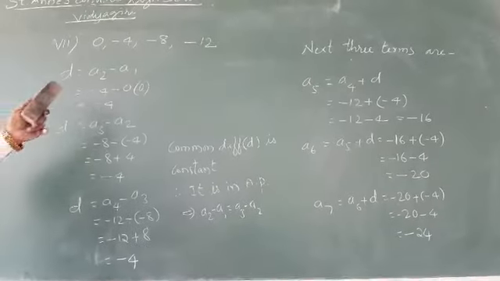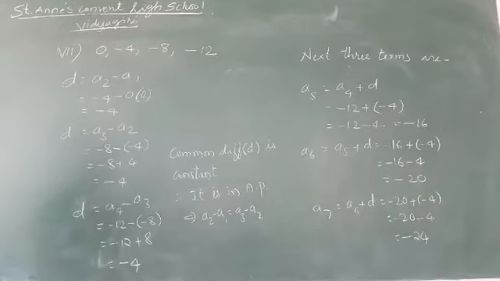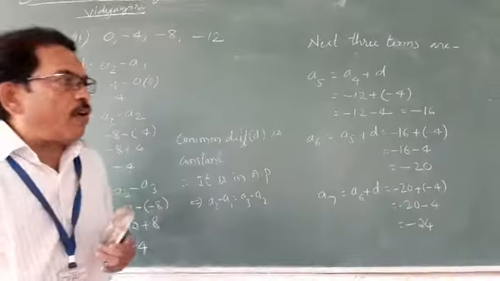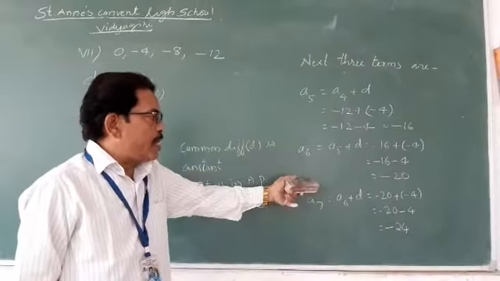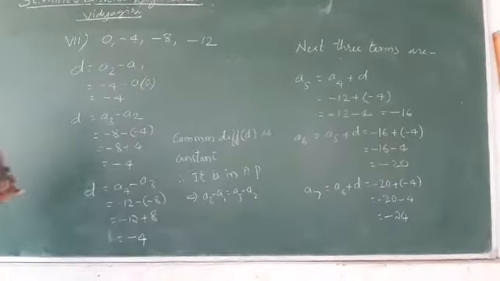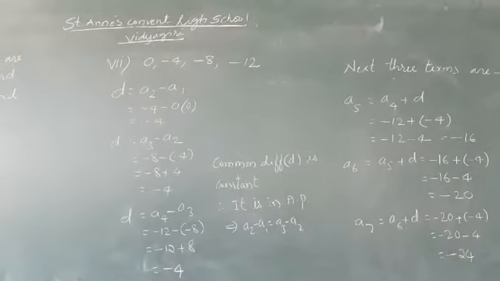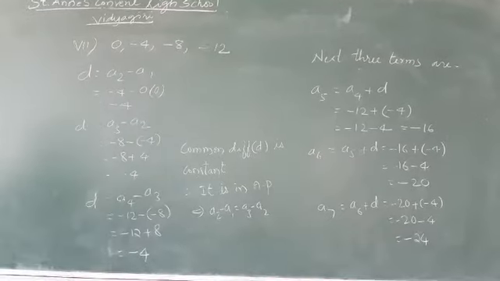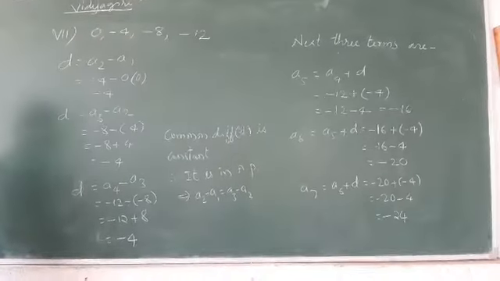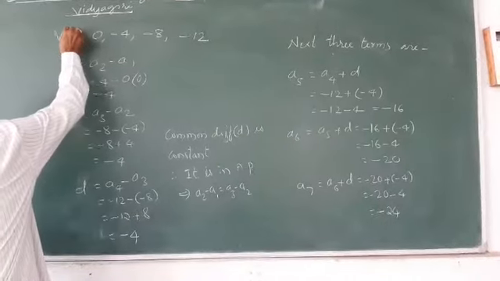Okay, now we have solved 4 problems related to finding the next terms of an arithmetic progression. There are some more problems, let us solve them. You observe the solution and write down the solution as I have done. I hope you have written that. Then let us continue with the 8th one.